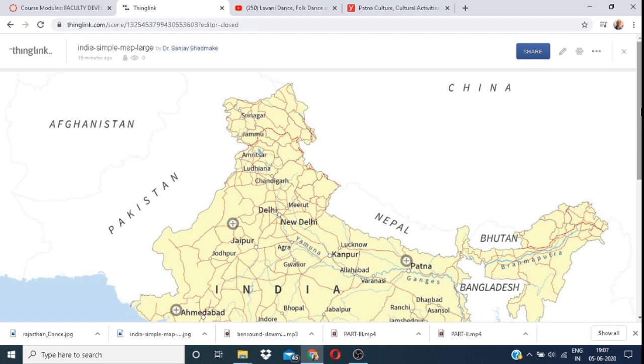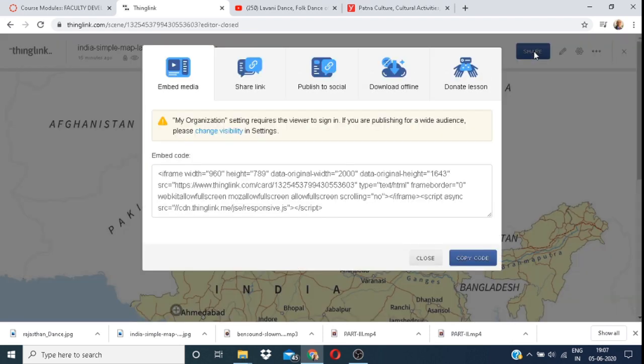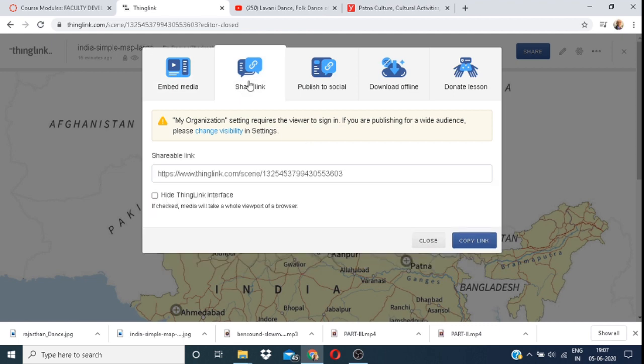You can share this image with others. Just click on share. There are many options. There are 5 options. This image can be embedded in another website also. You can share the link to other social media.